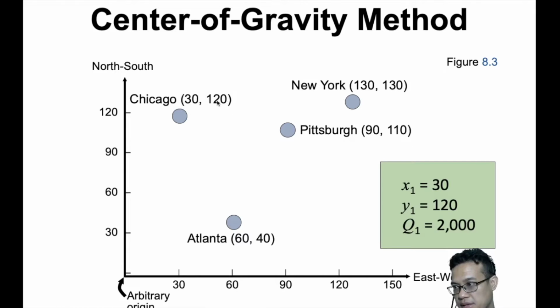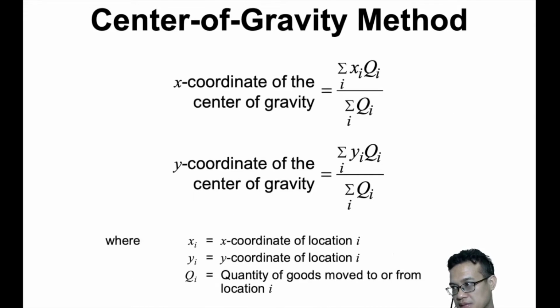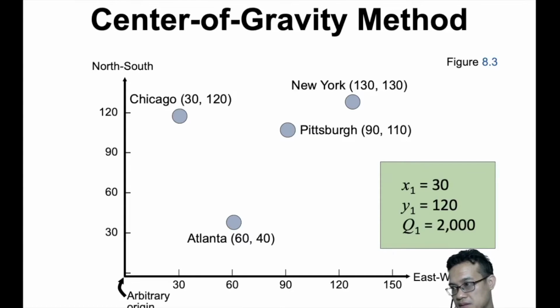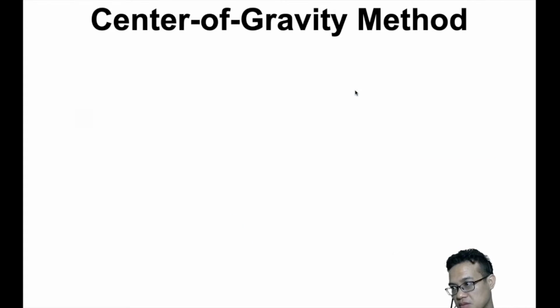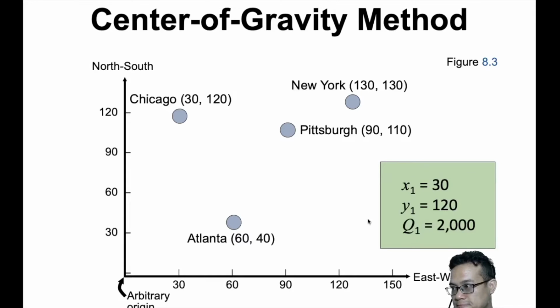If we recall the previous slides, the way to calculate is x times Q divided by the sum of Q, Q i. So all of this is x, and you need to multiply with this for the different locations. So x for Chicago, x for Pittsburgh, times the containers, and then up to Atlanta, and then we get